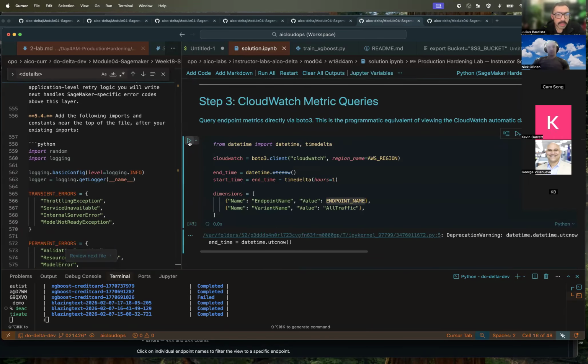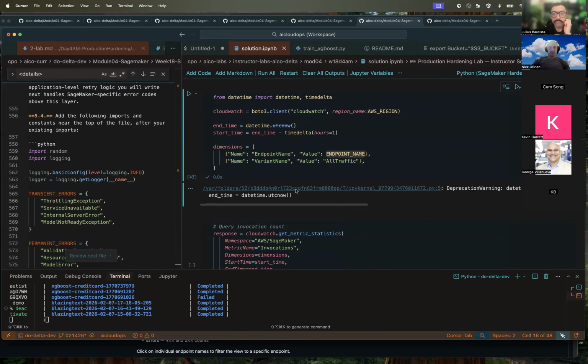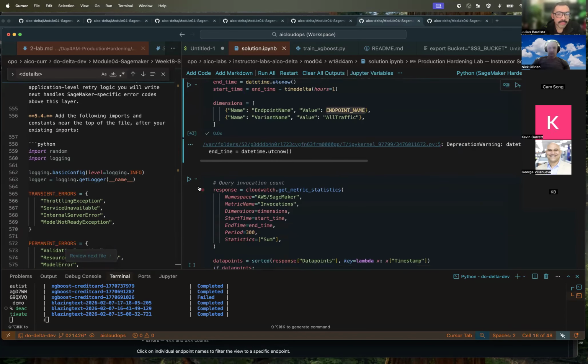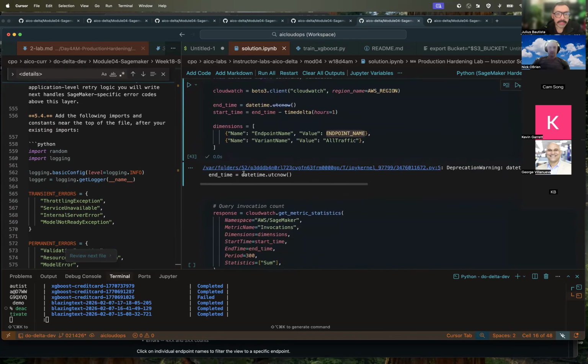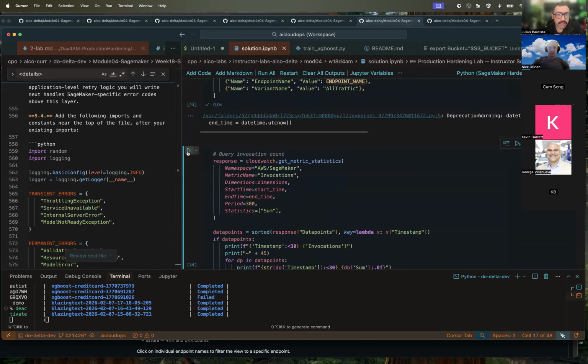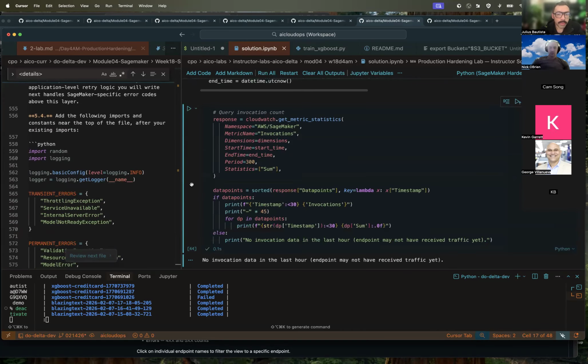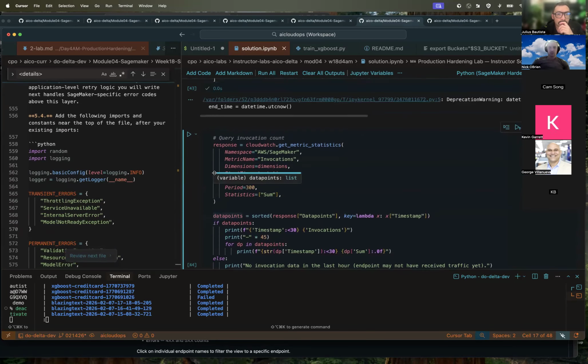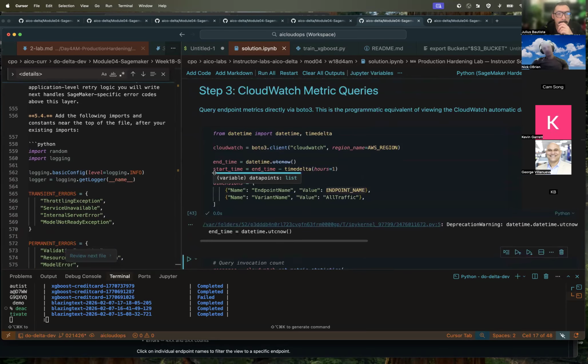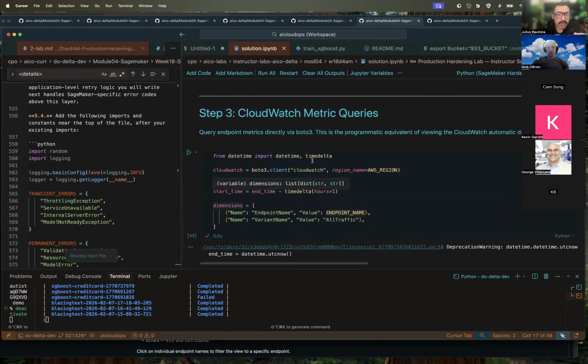So let's do this. This is going to give us some warning. Basically, we'll just want to change that date time. If we execute this, we'll be able to see that this endpoint has not been hit in the last hour. Right, let's back up. So our metric queries,